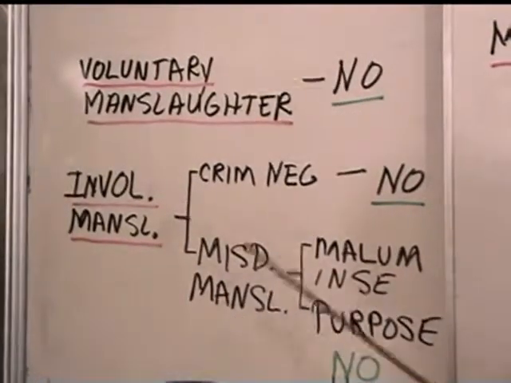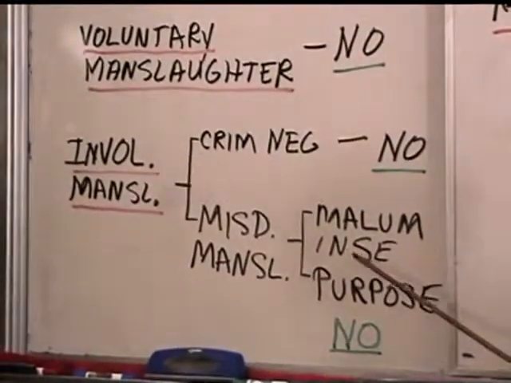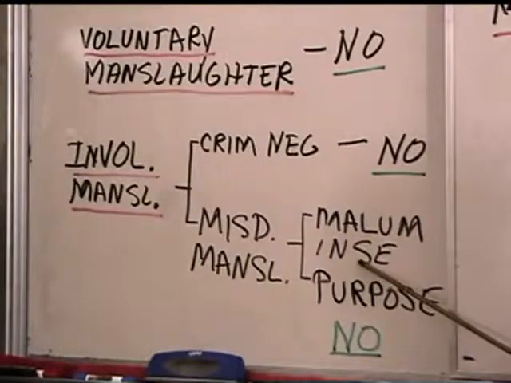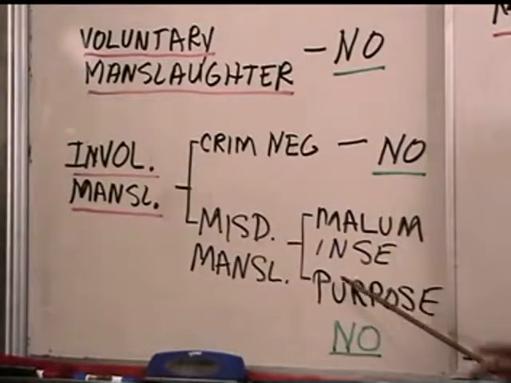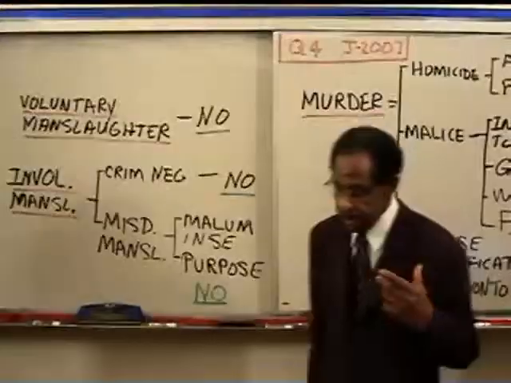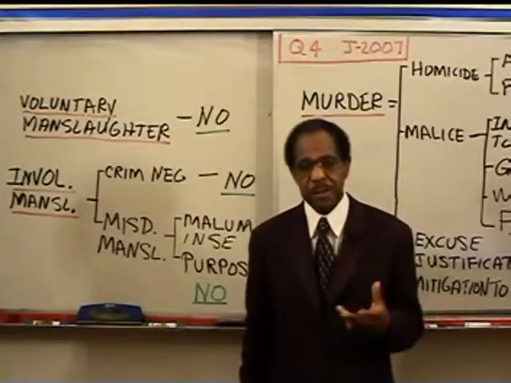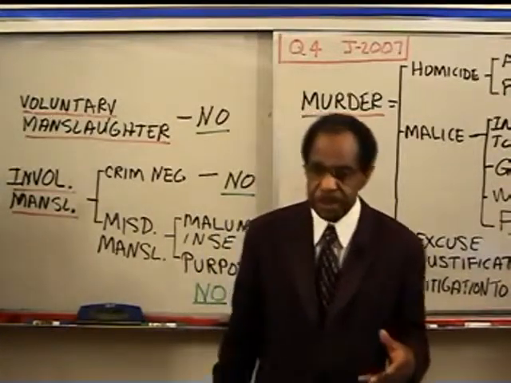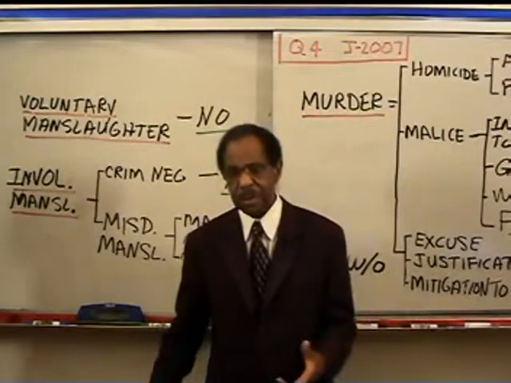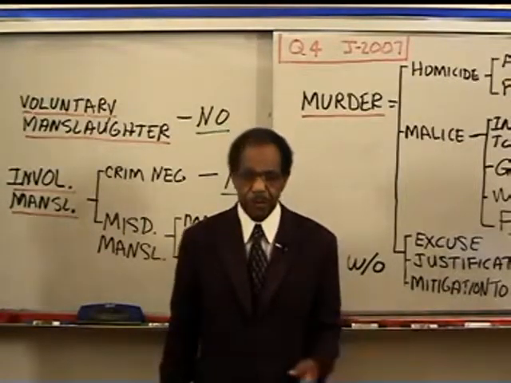Misdemeanor manslaughter rule. But the misdemeanor manslaughter rule requires a malum in se misdemeanor. And burning a piece of paper, the Constitution, is not a malum in se misdemeanor. It's not inherently bad. Okay, it's just a rule that people made. And so we don't have a malum in se misdemeanor. Moreover, in this case, the purpose of the state statute he was violating, saying don't burn the U.S. Constitution, was to promote allegiance to the country. It wasn't to promote safety. You have to have some connection between the purpose of the statute and the way the person got killed.